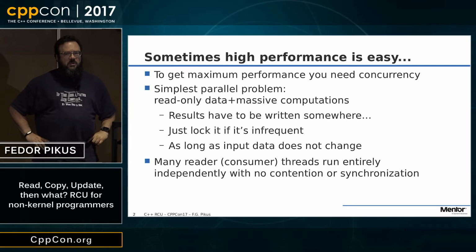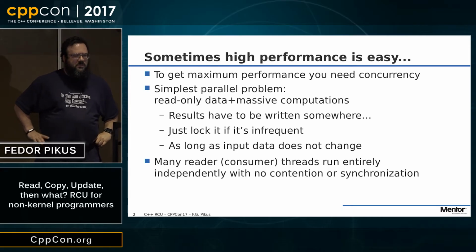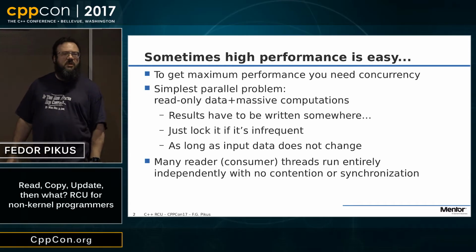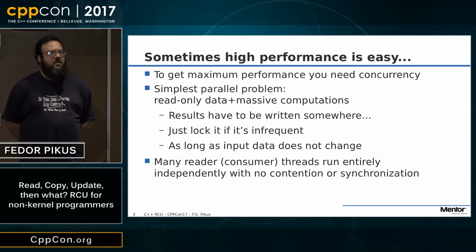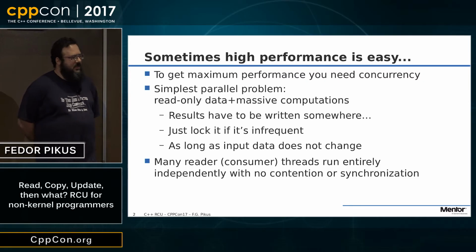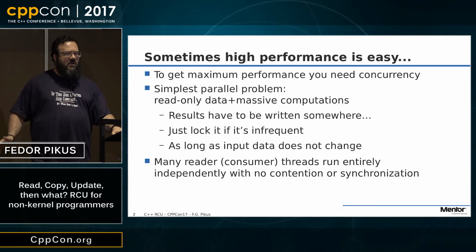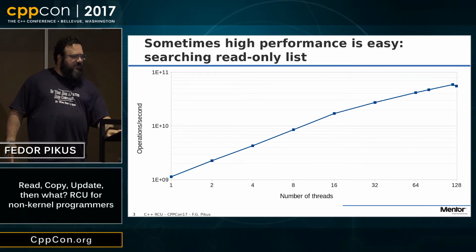Basically, you have multiple reader threads or consumer threads. They're consuming the data. There is no synchronization. And why is there no synchronization? Because in order to have a race condition, you have to have at least one write somewhere. If you have no writes at all, there is no race condition. You're just reading. So that's the ideal case if you live in this world. It actually does happen, especially in scientific computation, where you have models running for a very long time and inputs don't change. But much more often than that, what you have, well, first of all, let me show you that